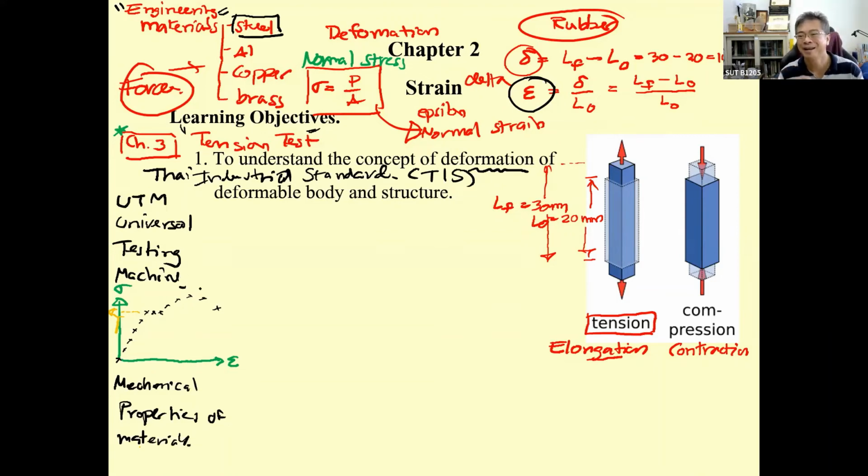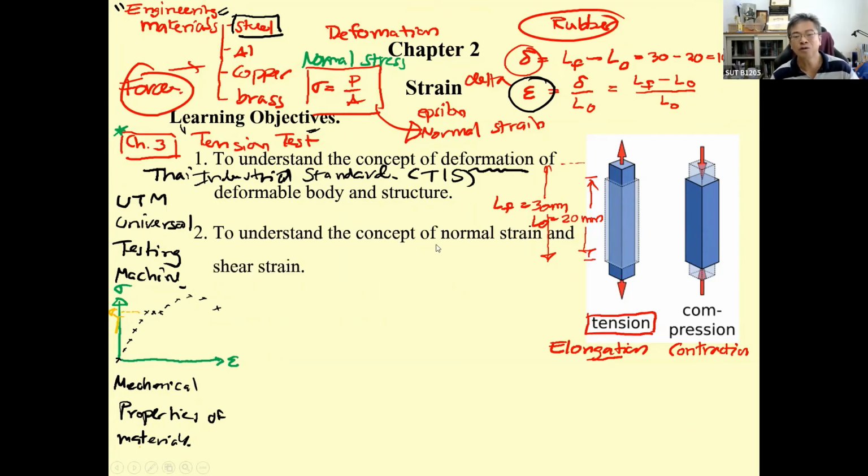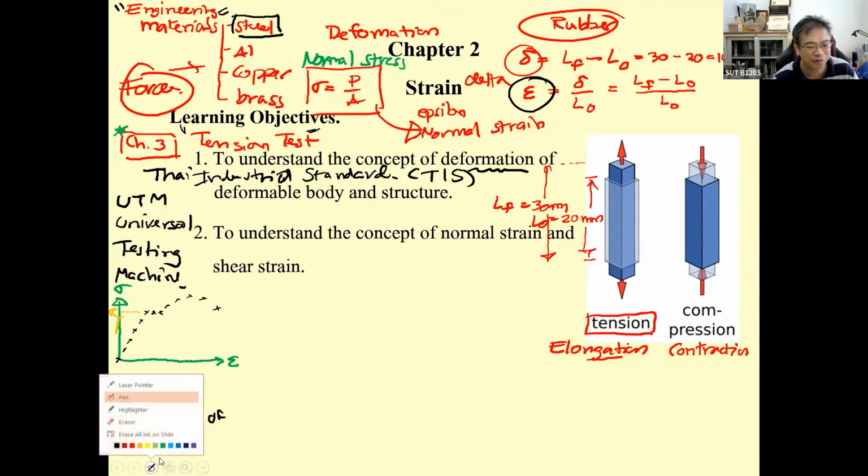But anyway, we have to have the knowledge of chapter 2 first. So first, understand the concept of deformation, the concept of deformation of the deformable body and structure. And then you have to be able to determine the normal strain, and also the shear strain. The shear strain is a little bit different from